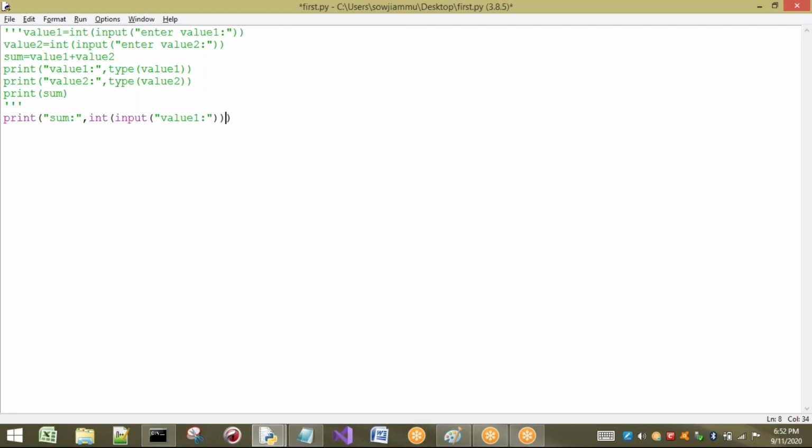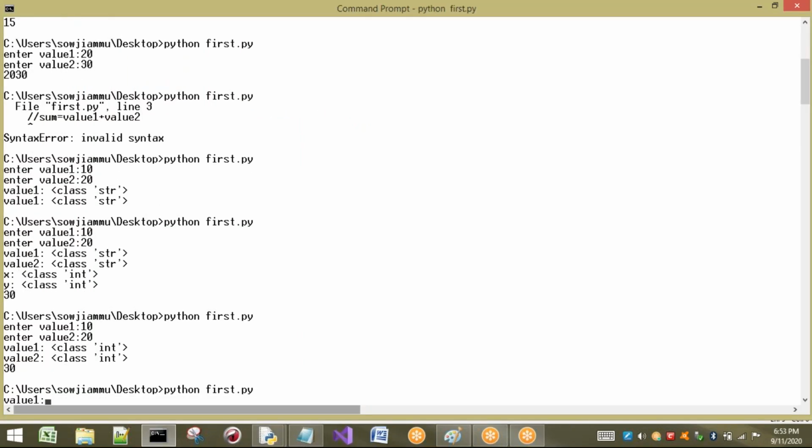Now I want to take what? I want to do sum. So for that I'm going to take plus. The same thing I am going to write for value 2 also. Right, completed. If I execute this one, automatically we are going to get the output. So what is going to happen here? This entire expression is going to take one value plus, and here it is going to take the second value in the form of int. So those are going to be added, and finally it is going to print sum, and these two statements are going to be evaluated and the value is going to be printed. So now I will execute.